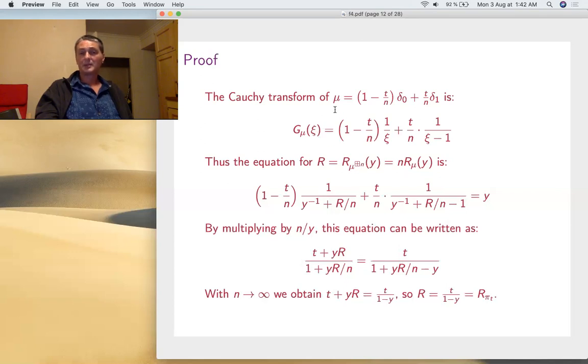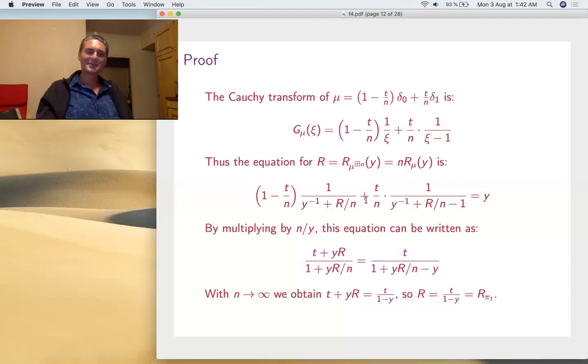So in practice, I take this formula of Cauchy, and whenever I see psi, I must replace it with R over n plus y minus 1. That's what I did here for this psi, and for this psi here too. So that's the equation satisfied by the R transform of this guy here, and you cannot really compute it,